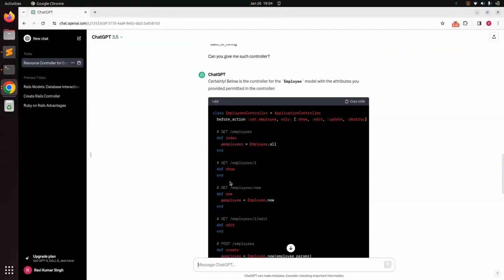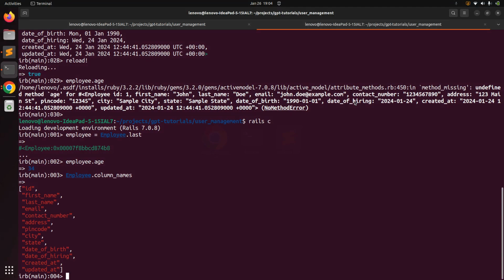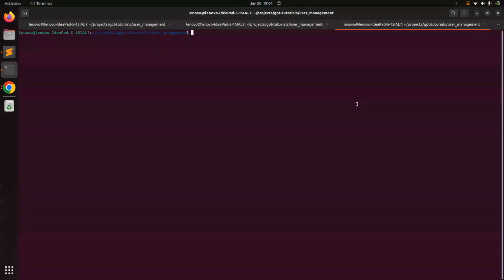And now it has added a before action callback, that is before action set employee, only for the actions show, edit, update, destroy, because these are the member actions, and for member actions we require the id of the resource. So you can just copy this controller code, and now we will generate an employees controller in our project. Just switch to the terminal tab, and here you can run rails g